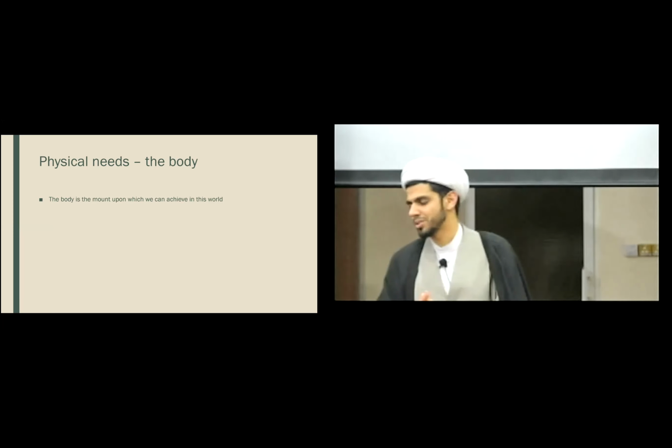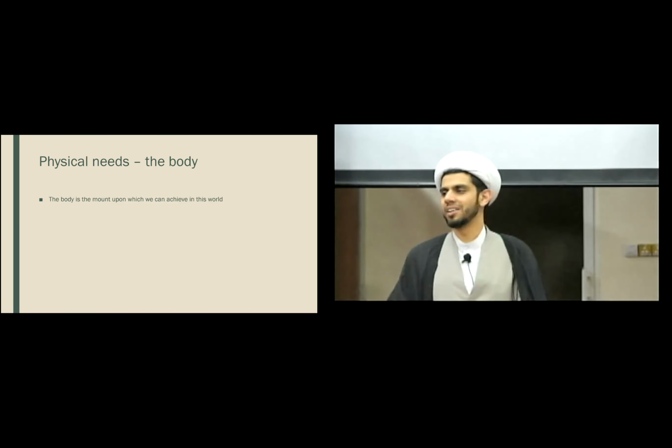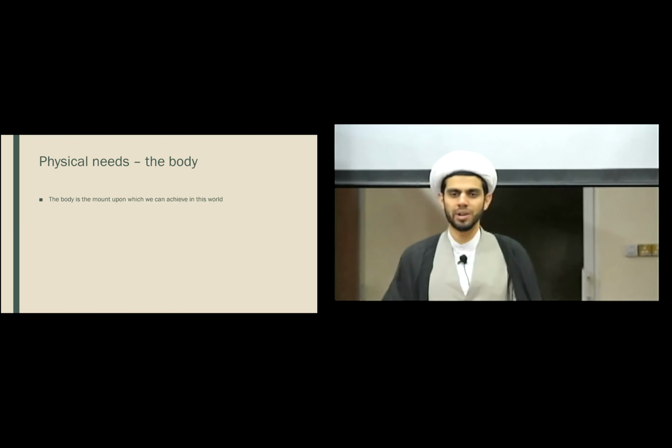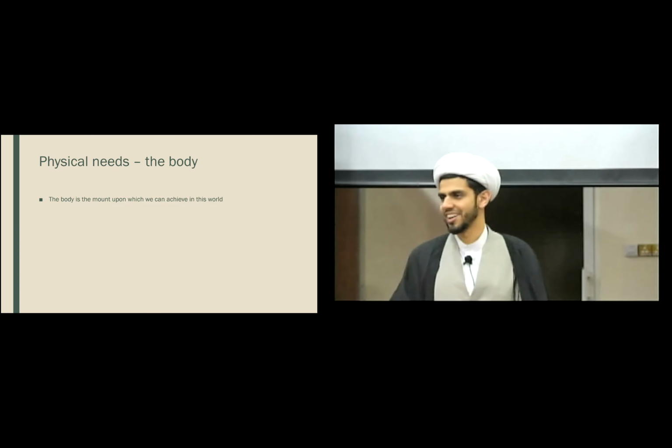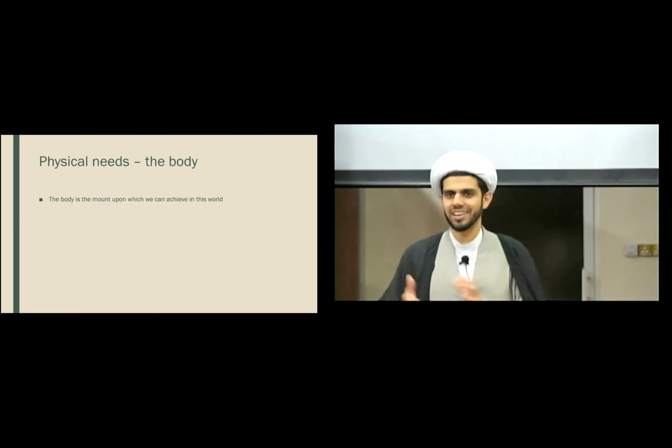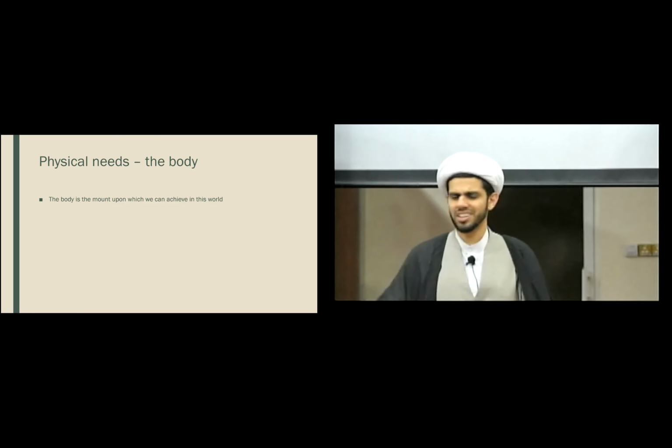There's a beautiful hadith as well. Somebody came to Imam Ali. We know that Nahj al-Balagha is very strong against the world, right? It says the world is like a snake, the world is like this, there are so many things. Somebody came to Imam Ali and started speaking against the world. He said the world is a place for this and it's very bad. And Imam Ali turned to him and told him,